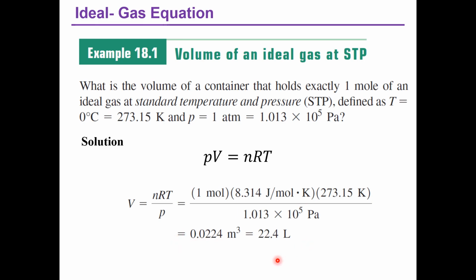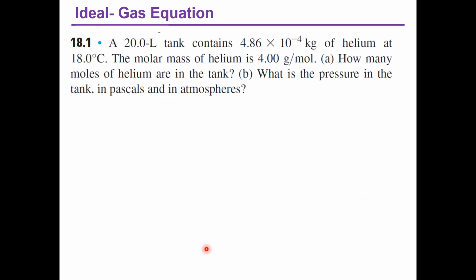Because 1 liter is 10 to the minus 3 meter cube. So, that is the volume of a container that will hold 1 mole of an ideal gas. Okay? Another example. We have a 20-liter tank that contains 10 to the minus 4 kilograms